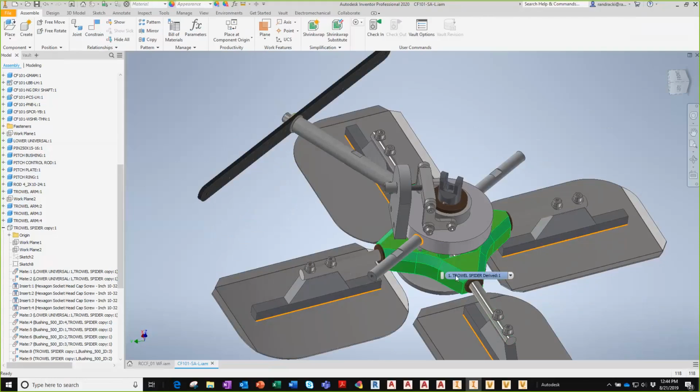So. Yes, I could have placed this part exactly on top of the previous part without the place at component origin? Absolutely, but I'd have to go through flush and mate and various constraints and so on. So,